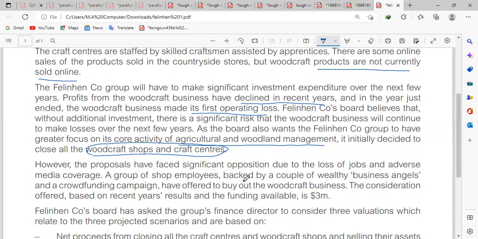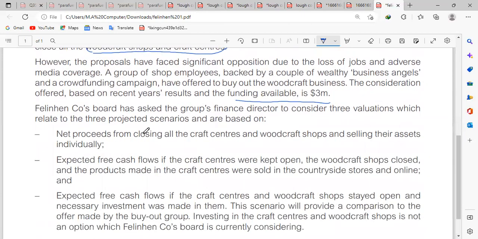A group of shop employees, backed by a couple of wealthy business angels and a crowdfunding campaign, have offered to buy out the woodcraft business. The consideration offered, based on the recent year results and the funding available, is 3 million. The F company board has asked the group finance director to consider three valuations which relate to the project scenarios and are based on